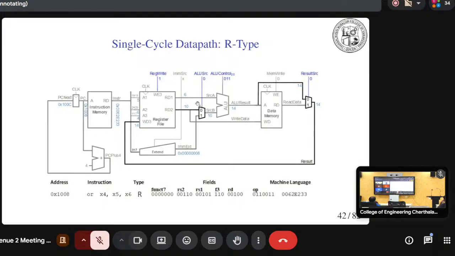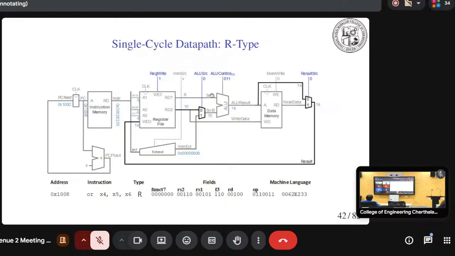And in addition, we have a mux here. You can see that in R-type instructions, there will not be any immediate data. So to mask this immediate data, we need another mux, and the control signal for this particular mux will be zero. With zero, we understand that there is no immediate value, and the register data goes to the ALU. And here you can see the control signal is 0 1 0. For the add operation it was 000, whereas for OR operations it's 010.